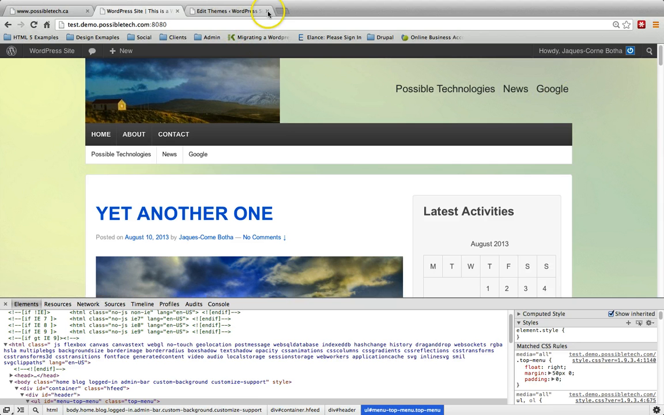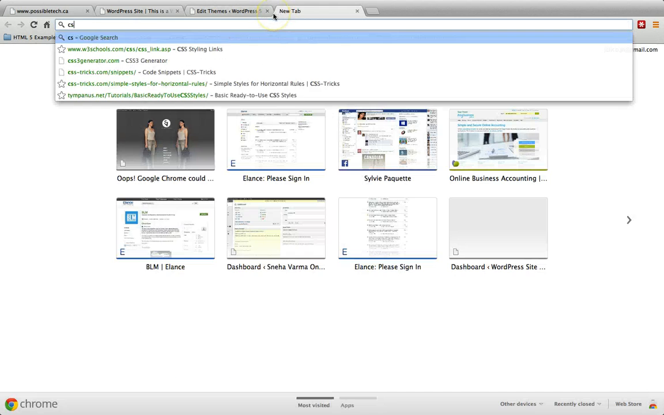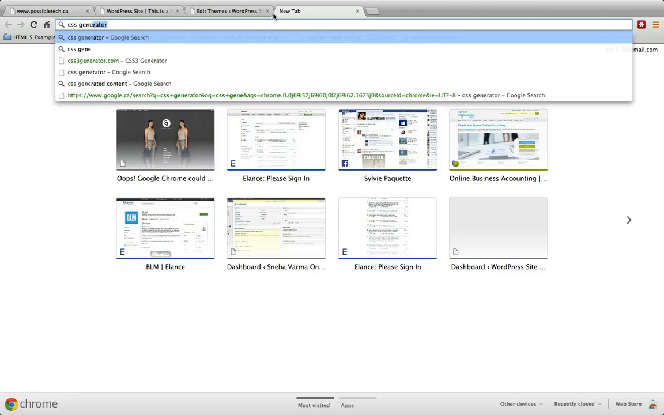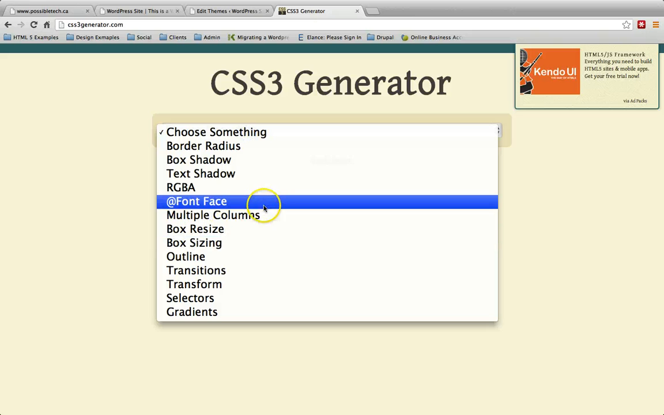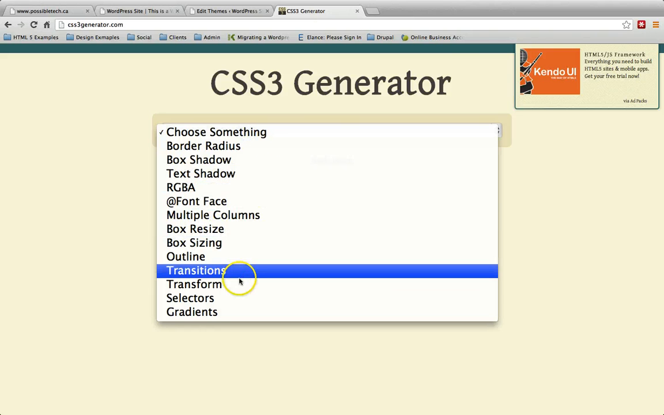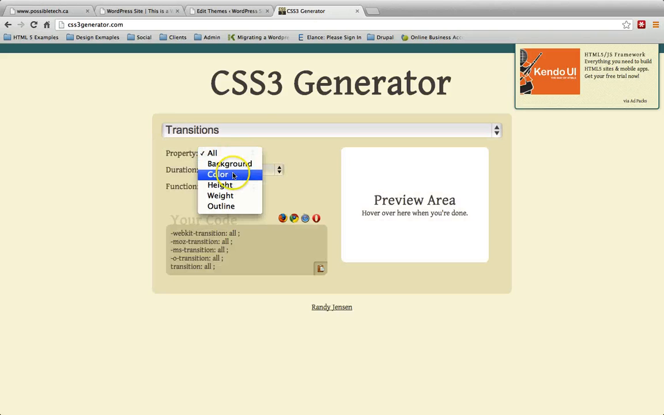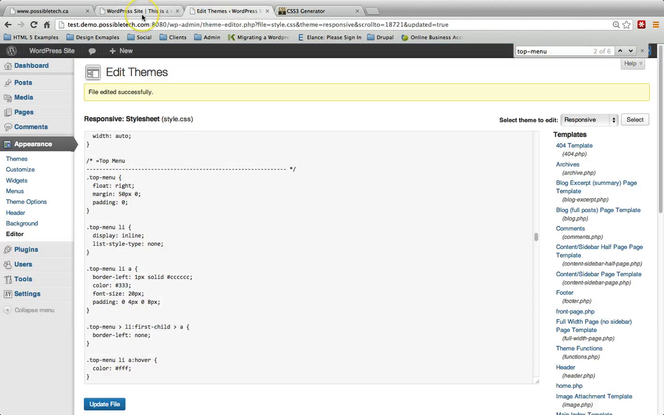So I want you to go to cssgenerator.com. I'm just going to Google that right there, and I'm going to go to CSS generator, and what we're going to do is a transition, right? We want to do a transition of all, and we want it in seconds, and I'm going to do 0.5, and we're going to do it ease in and ease out. I'm going to copy this, and then I'm going to paste it